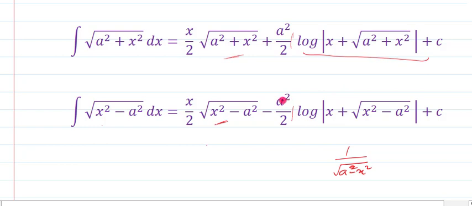And one thing more I would like to tell you over here, that the very first result that I told you, a square minus x square, is very useful for the 6 marks questions that we will discuss in application of integration, in area under the curve. So these results are very important, so you should have these always in your mind, and that can be done only by doing more and more questions.